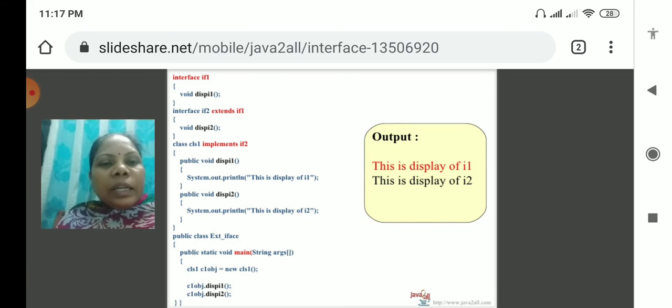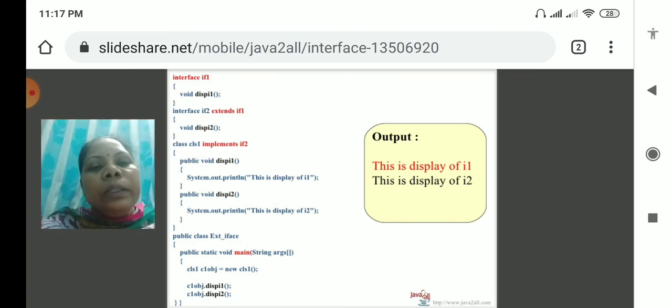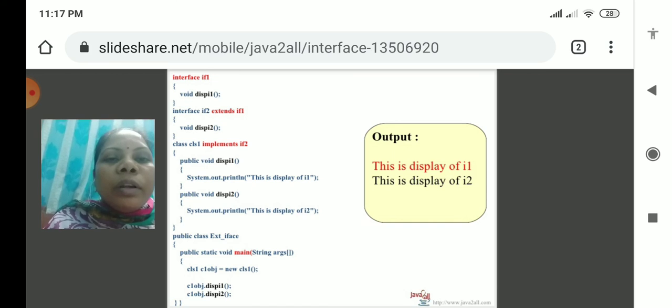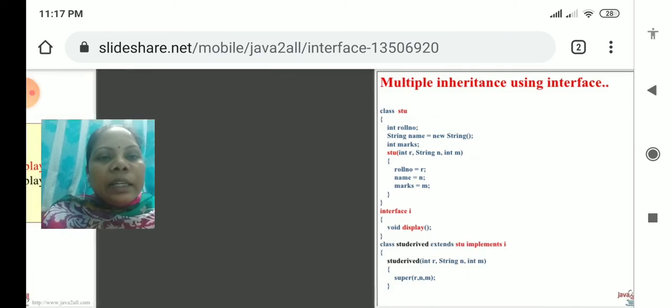So here in class 1, I am taking the methods into public, public void display method, System.out.println. So what you are observing here is that we are implementing the code for interface 2, because we are already extending interface 1 into interface 2. From that information we are extracting the data into the class, and we are implementing the interface 2 block. We have to implement the code in that class only. So we are declaring this type of extending interfaces.